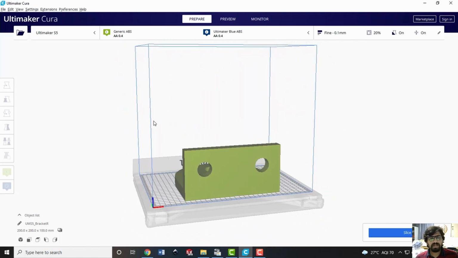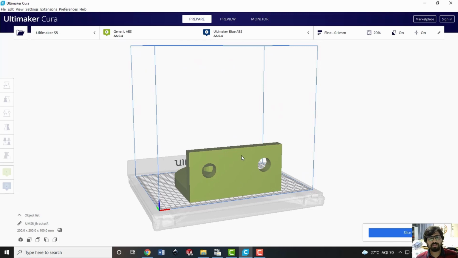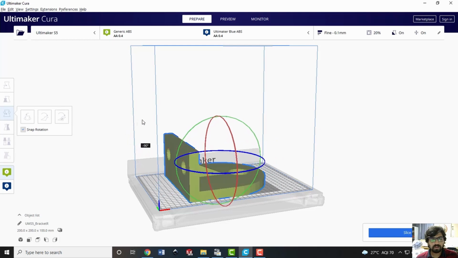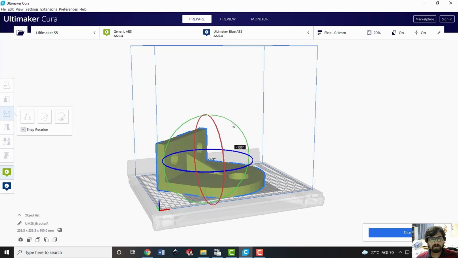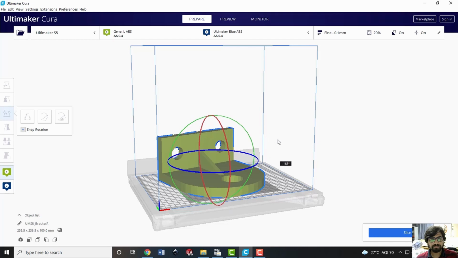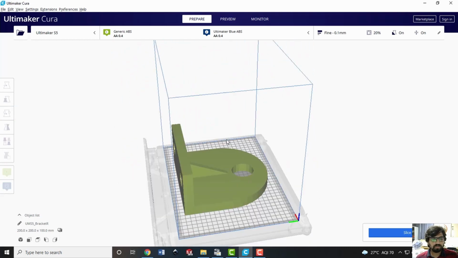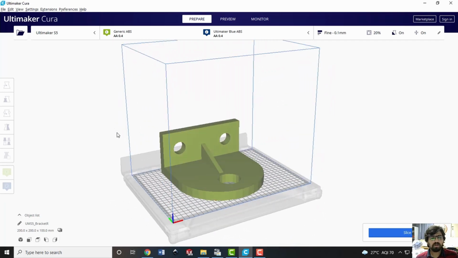Also, while it will get built, it's better to rotate it further by 180 degrees about the blue axis, which is here the Z axis, because then it will give me a proper view as well. So let us try to do that. If I select it, I can appropriately again rotate it about this blue axis, and I'm going to rotate it by 180 degrees. Now the orientation looks fine to me and I can build the object.